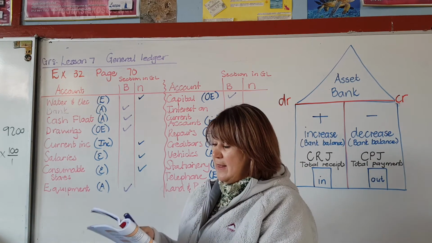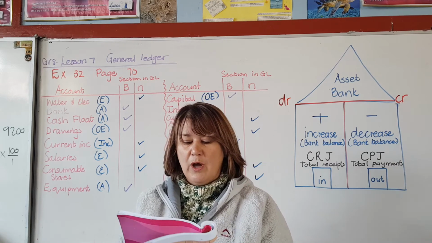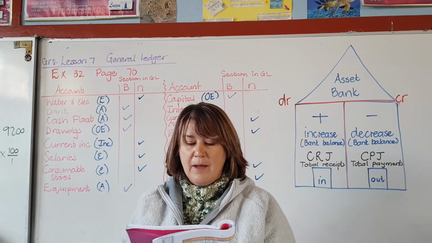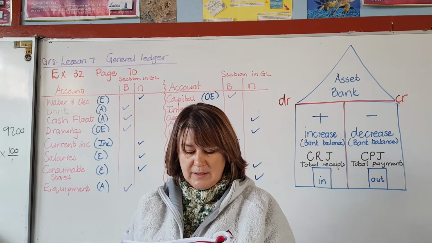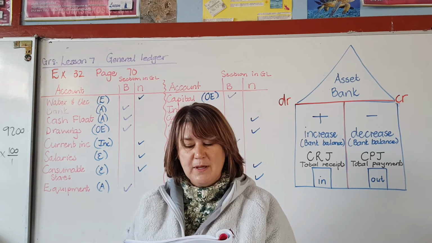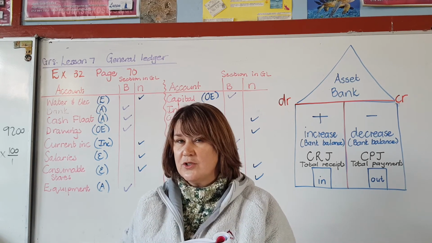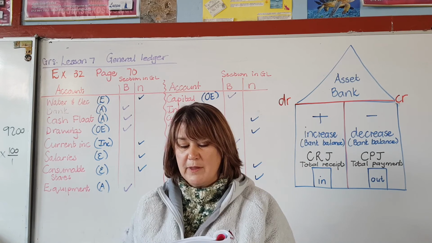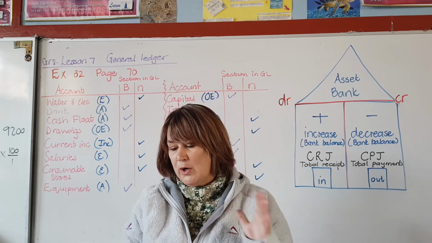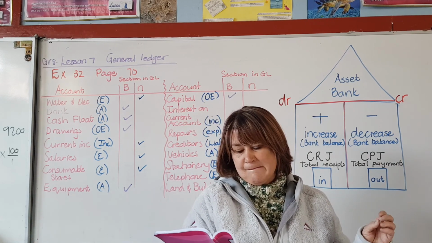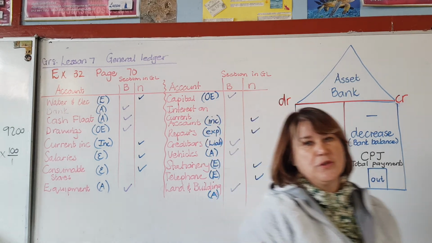All right, and then I'm going to do exercise 34 with you. Name the account that's going to increase, and name the accounts that's going to decrease. I don't know if I'm going to be happy with the account increase and decrease. All right, don't think I'm going to be very happy with those columns. But what I'll do is I'm going to read through it and see if I want to do this exercise.